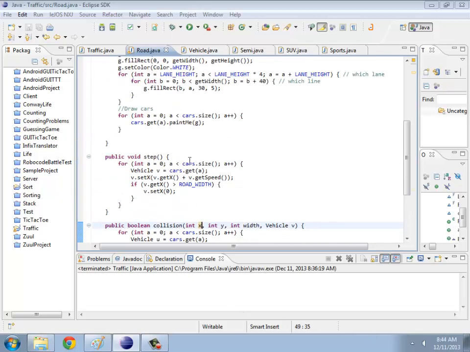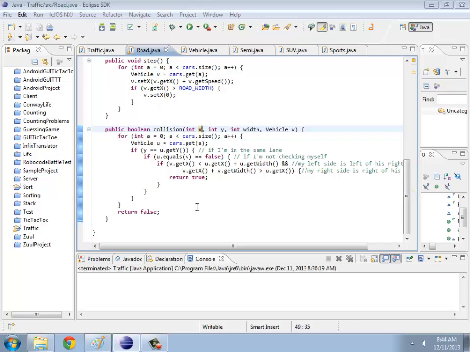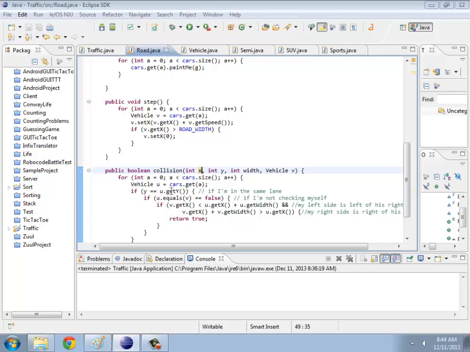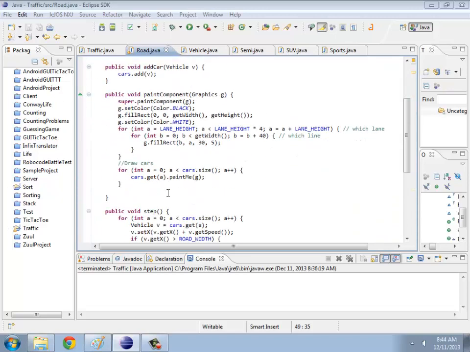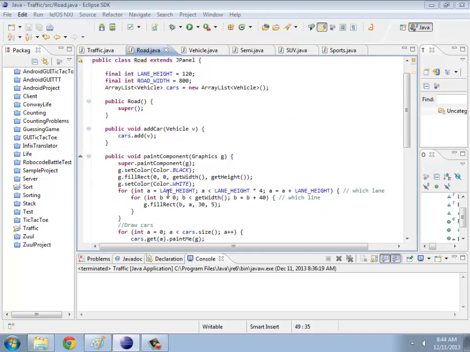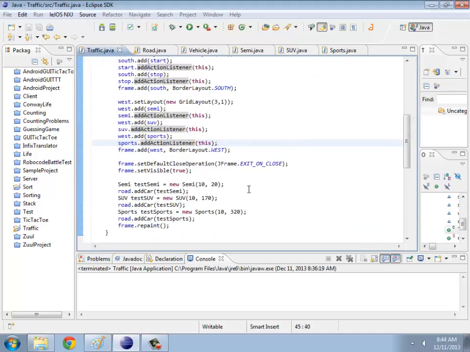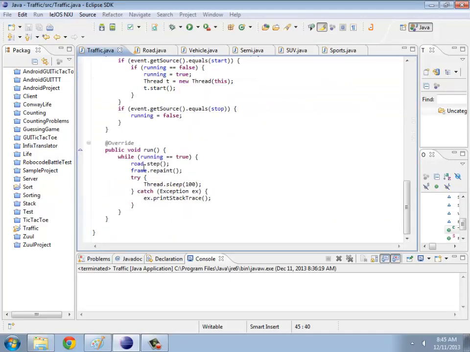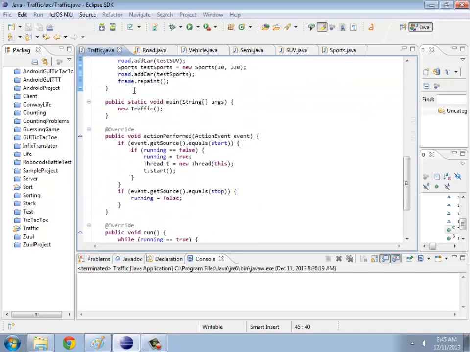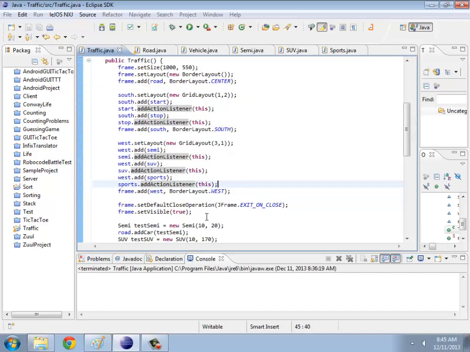Okay, so where this begins to matter is if I create a vehicle in a particular lane, I don't want it to collide with another vehicle. And also I'm going to have to start worrying about that in the step event eventually too. So let's see, I need to go to traffic, and I'm going to have to create an action performed event for example,